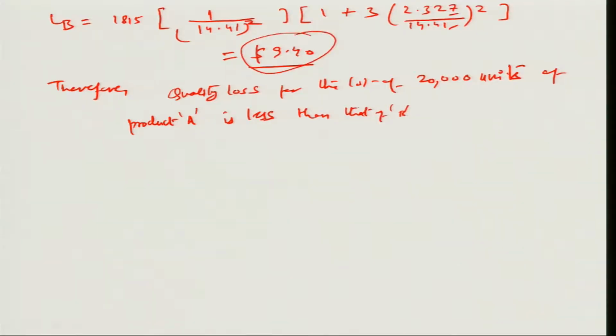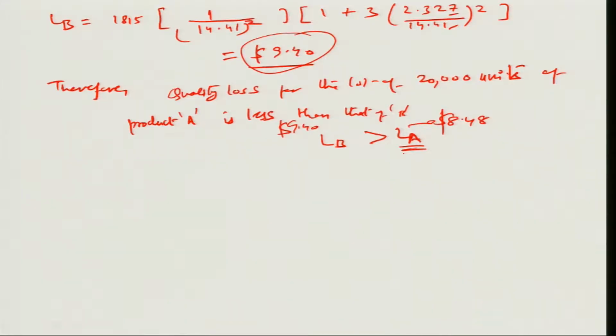So, you can see here that LB is higher than LA. LA earlier was $8.48 and this is $9.40. So, obviously, the first choice would be A,